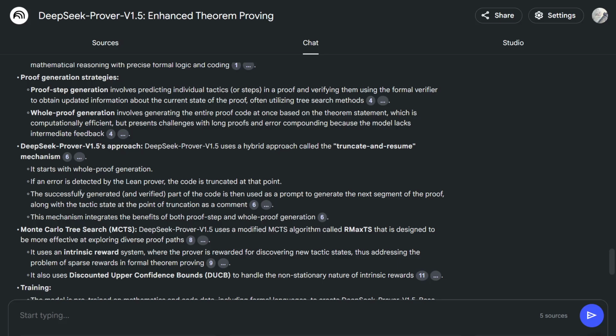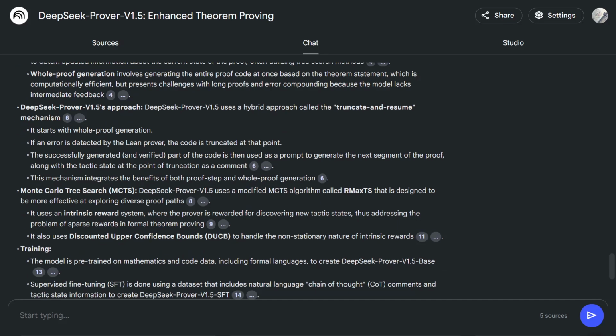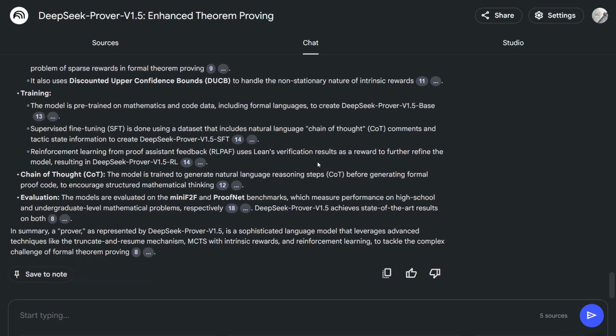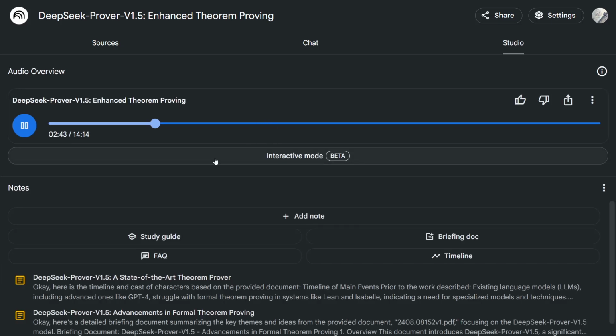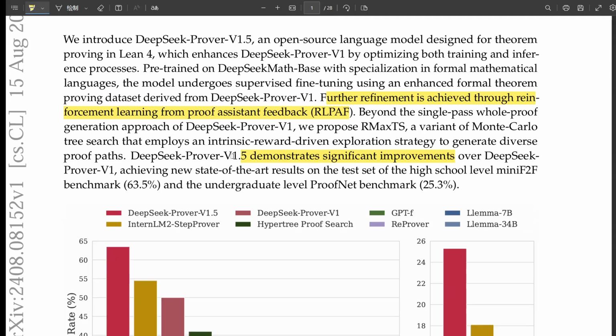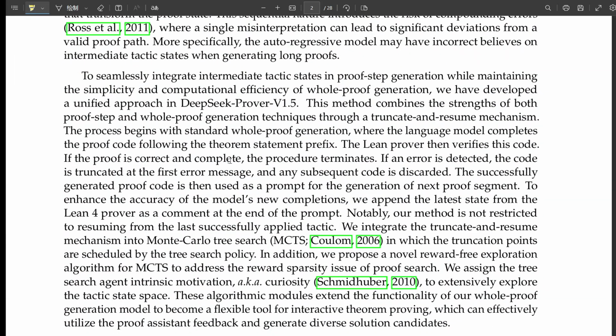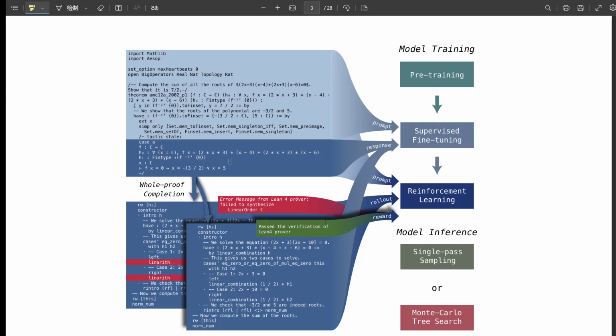Well, it uses a process called reinforcement learning from proof assistant feedback, or RLPAF. Okay, RLPAF. How does this feedback loop actually work? Does it get a gold star for a good proof? The AI generates a proof, and the Lean 4 prover acts like a teacher. It provides feedback on whether the proof is correct or not. This feedback is used as a reward signal. So it's like a game where the only way to score points is to create proofs that the Lean 4